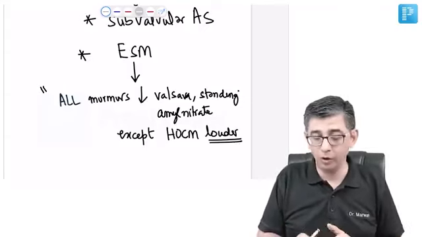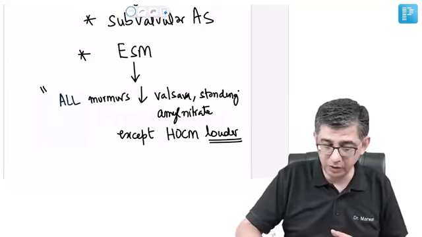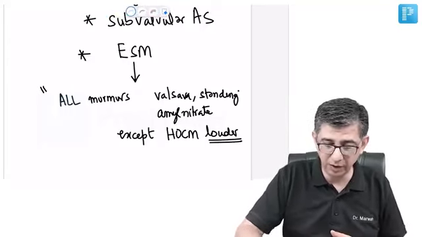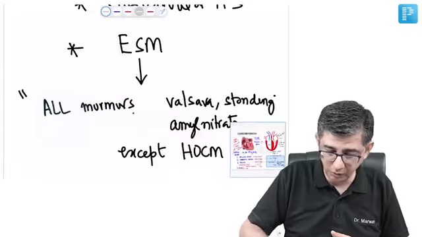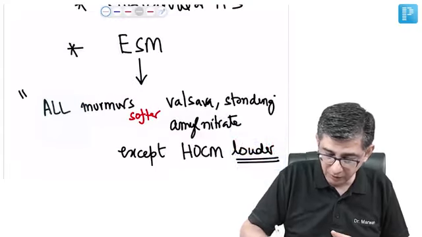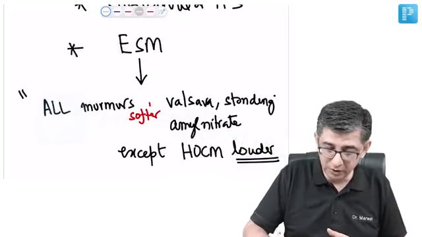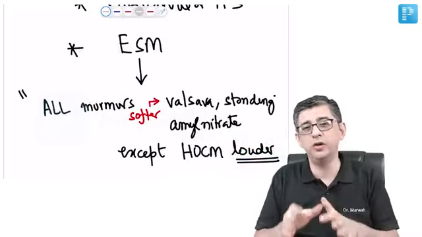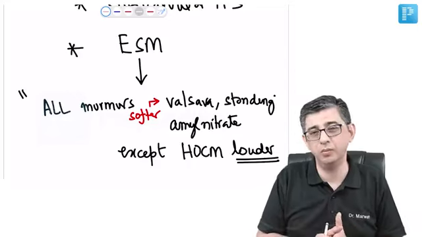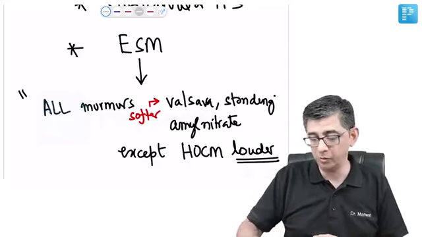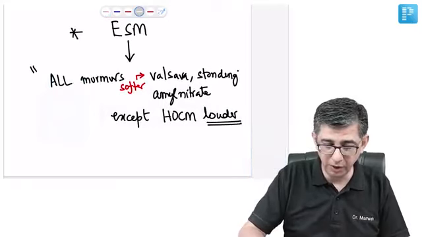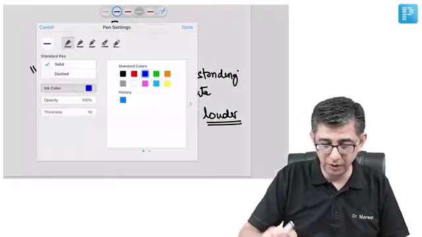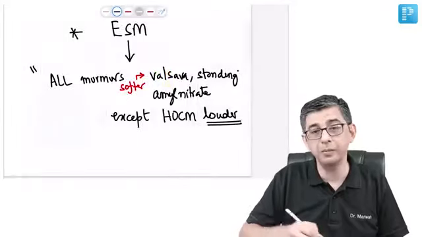Remember my statement, all murmurs decrease in intensity. Instead of writing decrease in intensity, I can use an alternative term which the MCQ can also use: all murmurs become softer with respect to Valsalva, standing, amyl nitrite. All three behave in the same fashion, lesser amount of blood, except for hypertrophic cardiomyopathy, that is louder. And one more condition, a term that can be added to this discussion, is that even mitral valve prolapse murmur